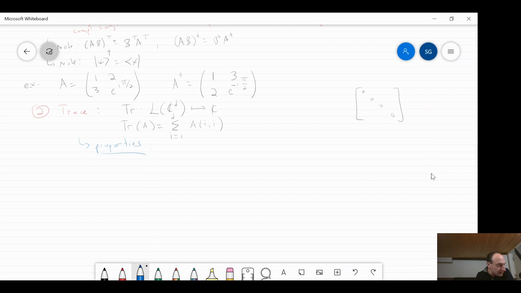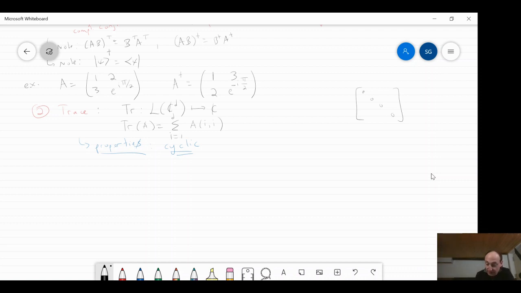Well, actually, okay, there's really only one property, so scratch that. And the main property is this fact that it's so-called cyclic. Remember I told you that matrix multiplication is not commutative, and there's really nothing we can do about this as far as the world works in some sense, right? But if you take the trace, you can kind of bypass this. And so what is the cyclic property saying?